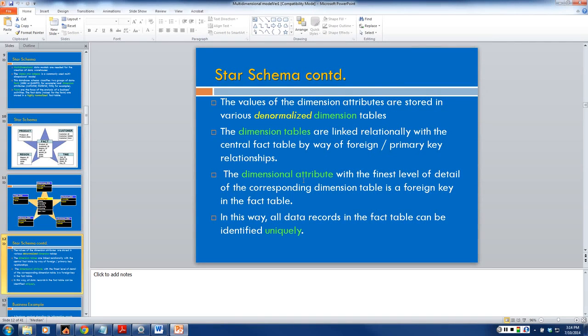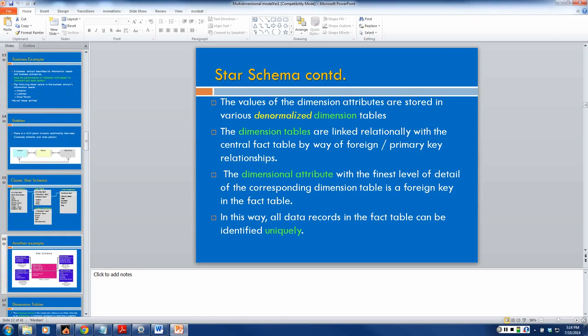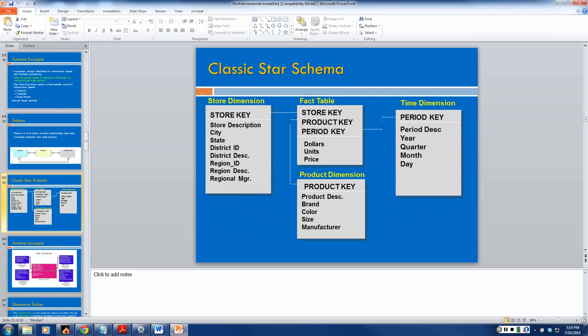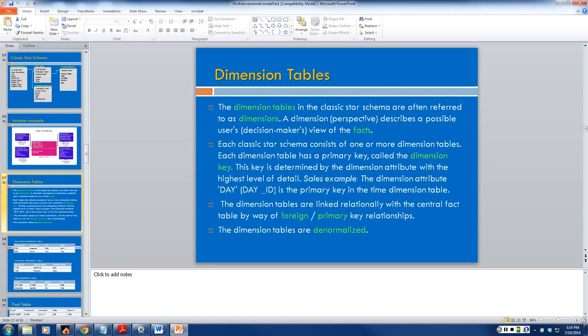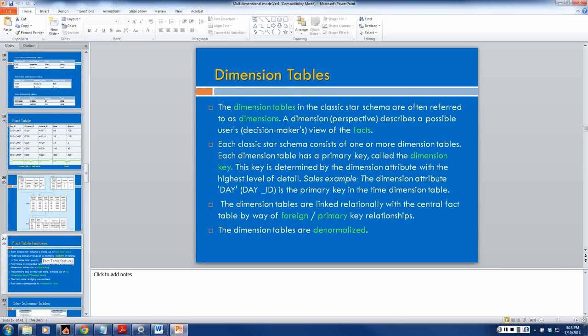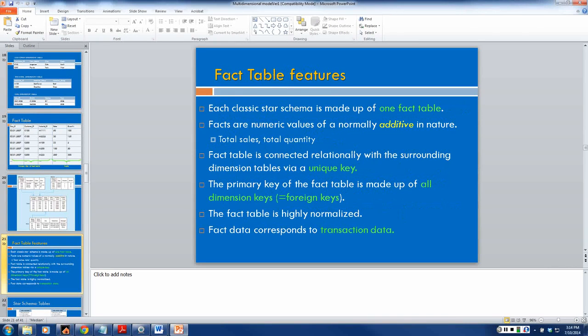So the dimension tables are linked in the foreign key primary key relationship. We'll talk about that a little bit later. And we will see quite a few examples on how we create the dimensions and facts and store them in a star schema. So what we will start with, we need to understand the concepts of fact tables and